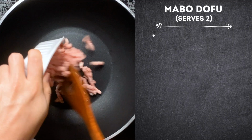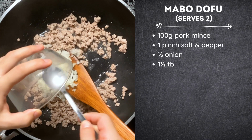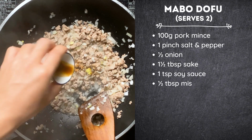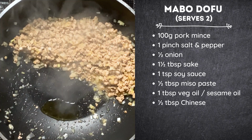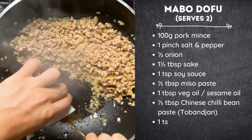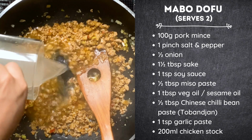For 2 portions you'll need 100 grams of pork mince, a pinch of salt and pepper, half a finely diced onion, 1.5 tablespoons of sake, 1 teaspoon of soy sauce, half tablespoon of miso paste, 1 tablespoon of vegetable oil or sesame oil, half tablespoon of Chinese chili bean paste called tobanjan, 1 teaspoon of garlic paste, 200 milliliters of chicken stock,